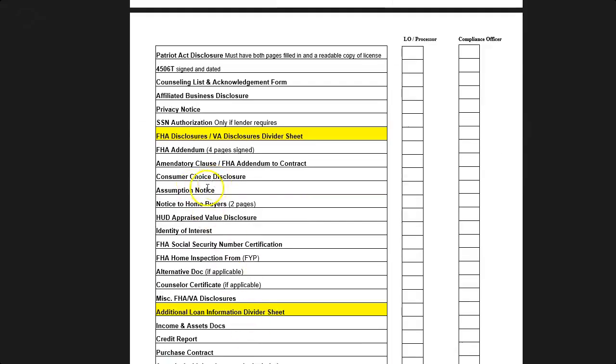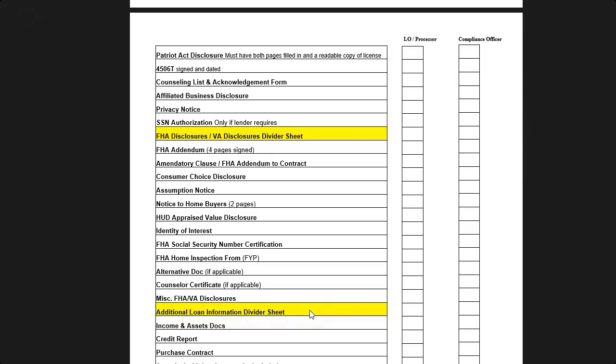Consumer choice disclosure, assumption notice, notice to home buyers, HUD appraised value disclosure, identity of interest, FHA Social Security number certification, FHA home inspection form, alternative document, if there's any alternative documents. For example, if you need to provide 12-month bank statements, then those will be alternative documents. Sometimes if you need to provide electrical bills or telephone bills, these are alternative documents that you need to be able to provide. Counselor certification, miscellaneous FHA VA disclosures, additional loan information divider sheet